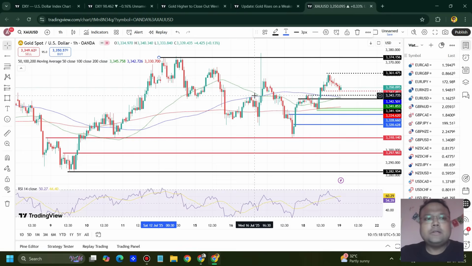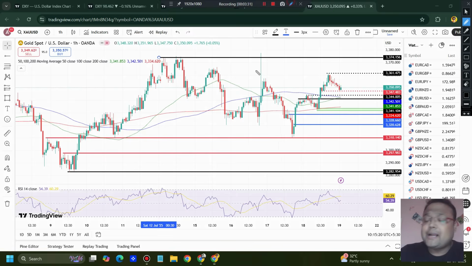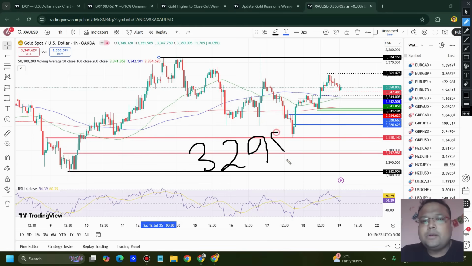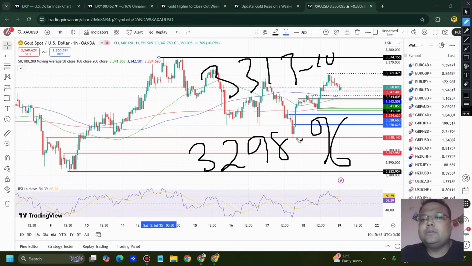So where are the trading opportunities then? The market opening is going to be obviously important for us. As we have already discussed in the previous videos also, if gold falls, then we have a good support around 3298.96 area. Yes, this support is still very much valid, but chances of market going to this level is very less. We also have a support around 3313.10. This support is also still very much valid, but chances of market going to these levels are very less. So let's not waste time by discussing these far off levels, but yes, they are present.